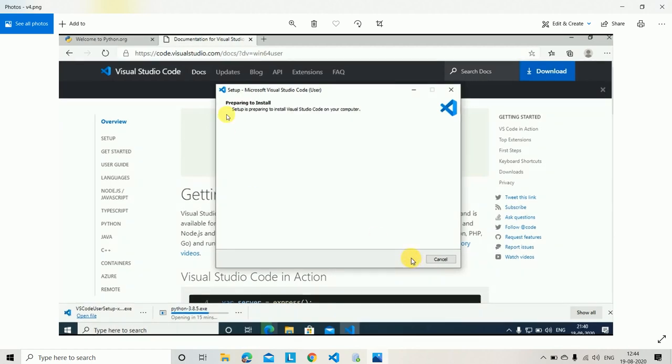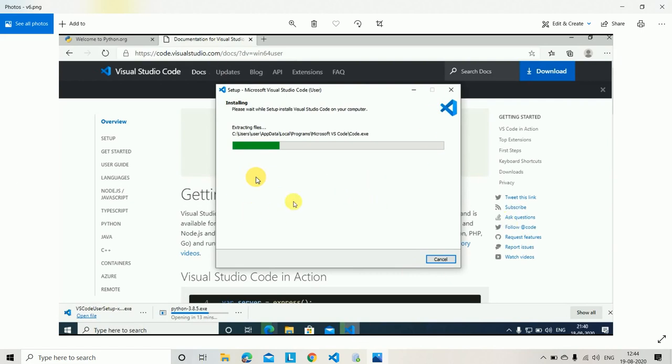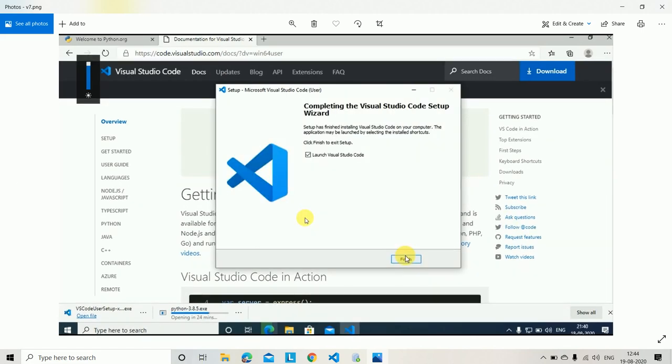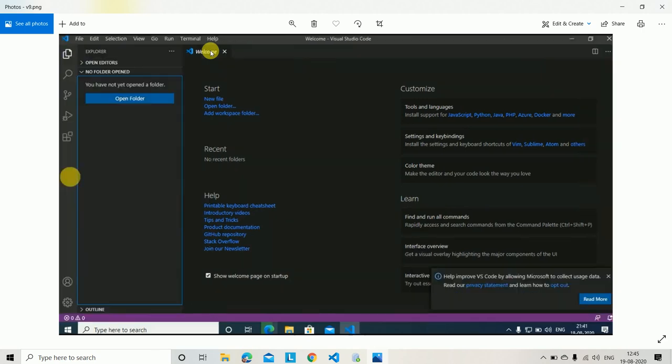And then see, it will be giving like this, preparing to install. The installation is in process. Okay, and then after completion of that, ready to install, click on install. That's it. Installing of the setup will start within a few more minutes based on your internet connection. It will complete its installation process, and then click on finish, so that the process will be finished. After clicking on finish, you will get a pure window which consists of a welcome page.